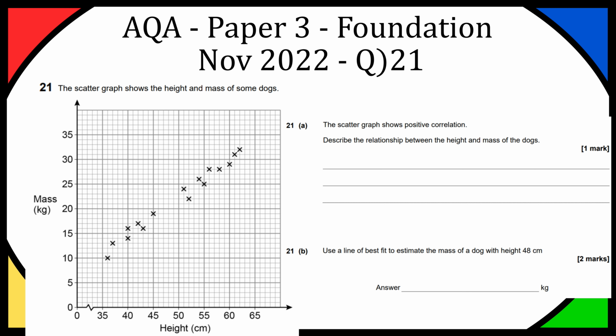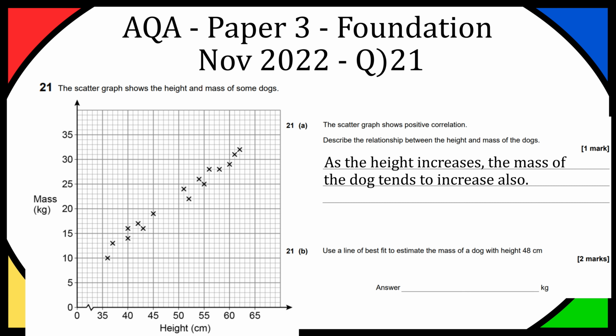So if we need to describe the relationship between height and mass, we would say as the height increases, the mass of the dog tends to increase also. Now you could probably have outliers. You could have a really tall but skinny dog or a really short and stocky dog, but those are more extremes. This is the general trend, so this is how I would describe it,